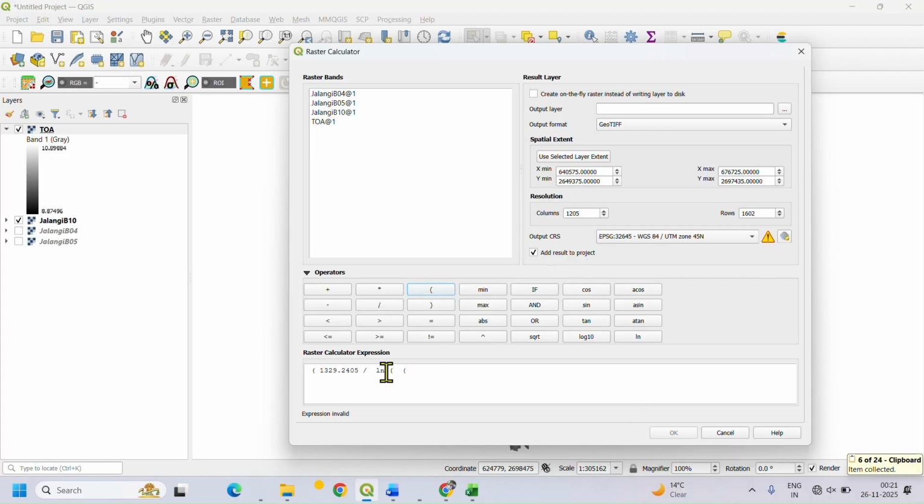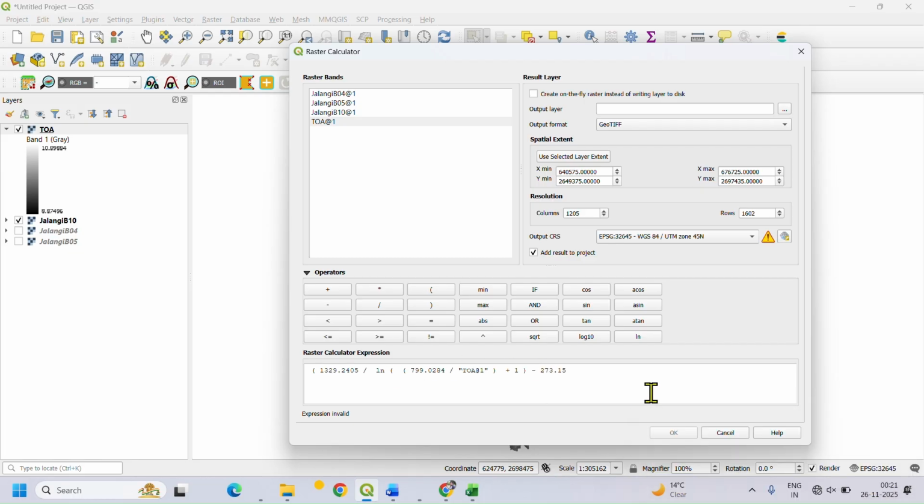K2 divided by ln K1 divided by top of atmospheric plus 1, minus